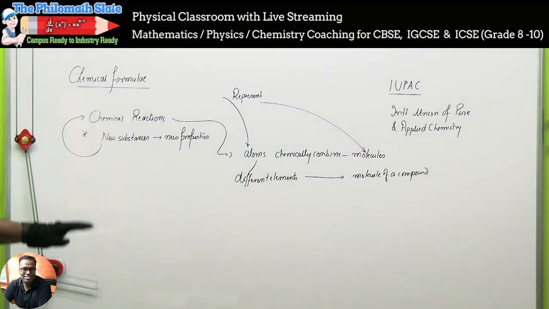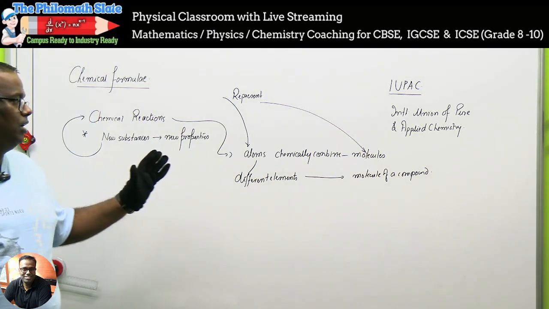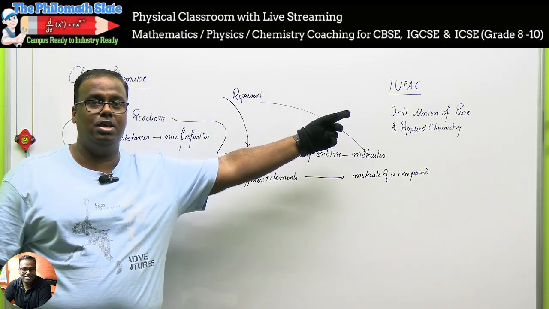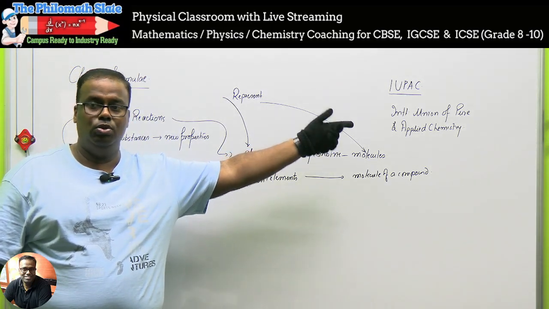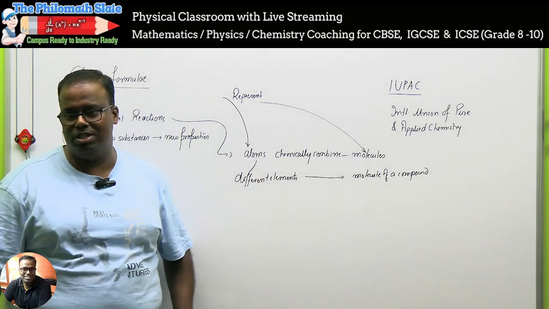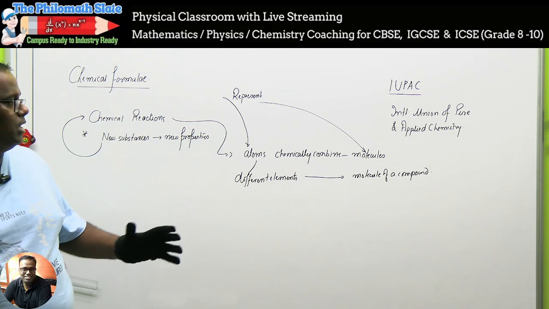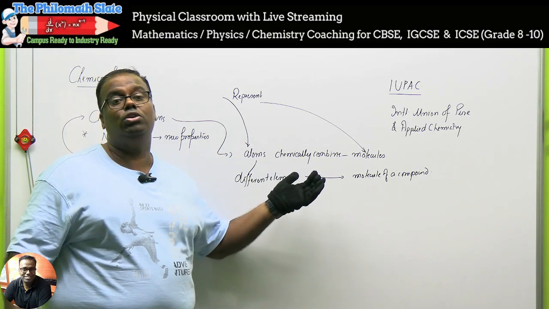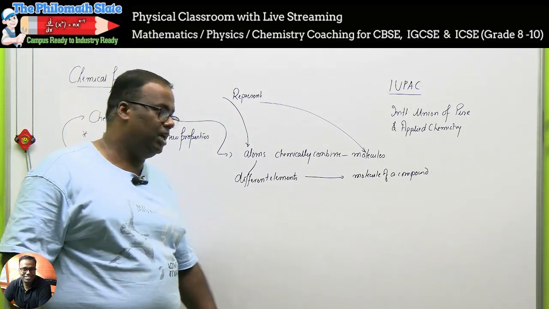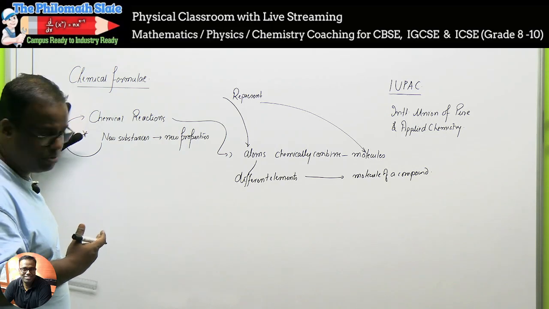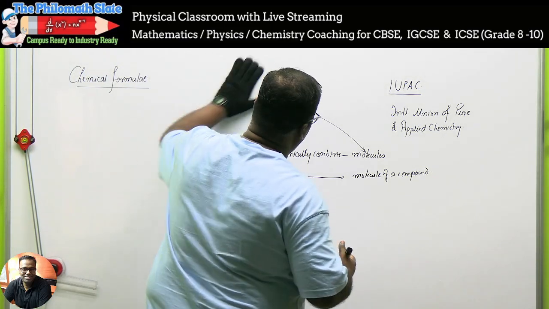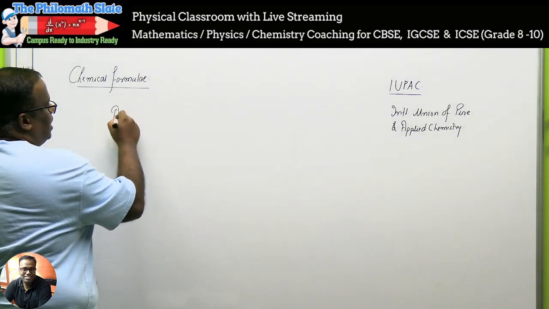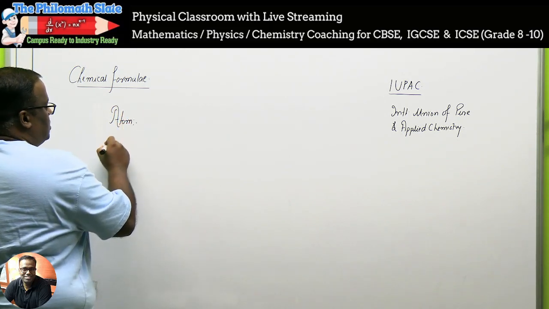ठीक है बच्चा, समझ में आया? इस कहानी को लिखने के लिए, to write this story, you need to have some codified equations and languages, which are uniformly the same, accepted worldwide. To write that code, you should first understand what the codes are. So what are the codes? Briefly, starting with the basic fundamental block, the codes needed to represent an atom and a molecule. Are we set now? Okay. So can I rub this much? This much of the story is understood, right? Very good. So the next stage we come into is how do you represent an atom and how do you represent a molecule?